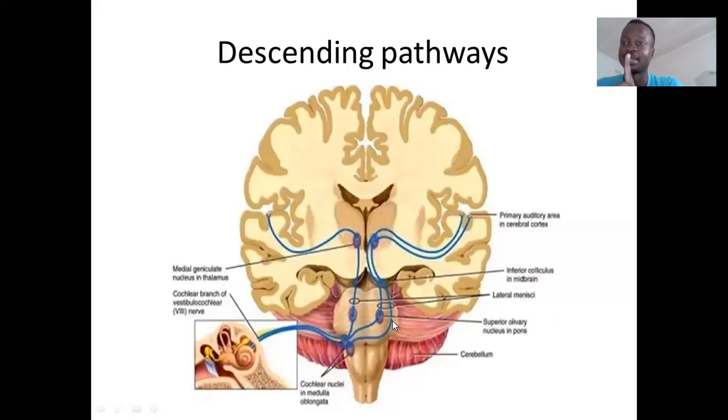Then in a Rinne's test, you take the tuning fork that is vibrating and bring it closer to the ear, right? Until they tell you that they can no longer hear the vibrations. But if you then place it on the mastoid process, right? If that patient can hear the sound again at the mastoid process, that is now through bone conduction, right? That means you have conduction deafness within that ear. But if you don't hear the sound now, that means it's a problem within the sensorineural areas, from the organ of Corti all the way back to the cerebral hemispheres. So that's a way of differentiating conductive deafness and